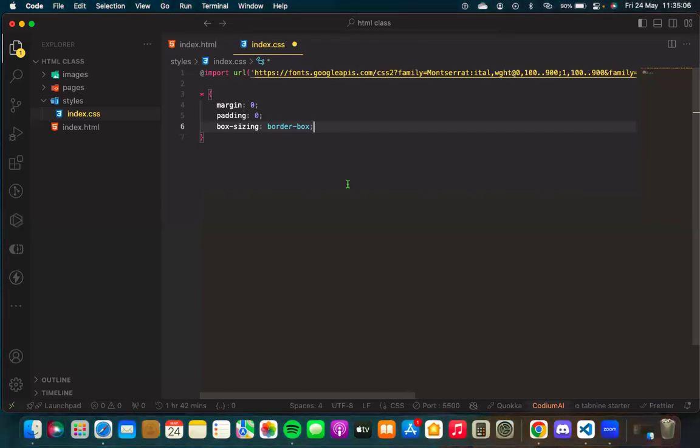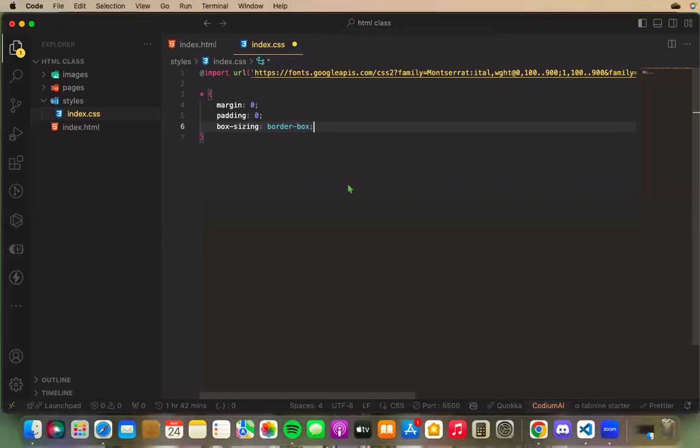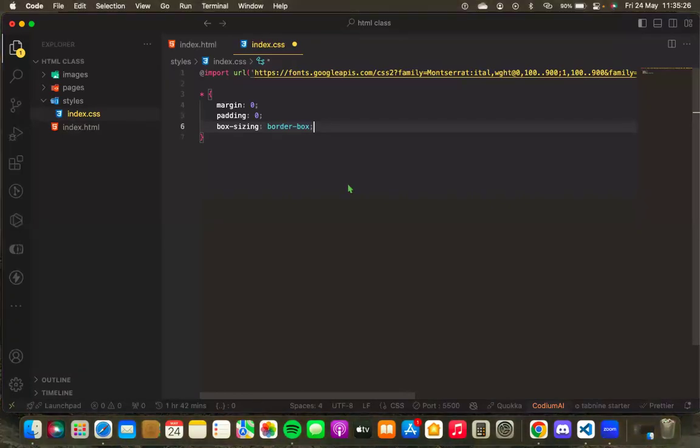What is the difference between body and asterisk? What is the best to use between body margin 0 padding 0? The best is asterisk because it's a global reset. For your body now, if I want to set the body on my body now,